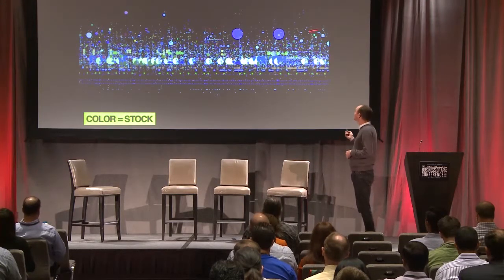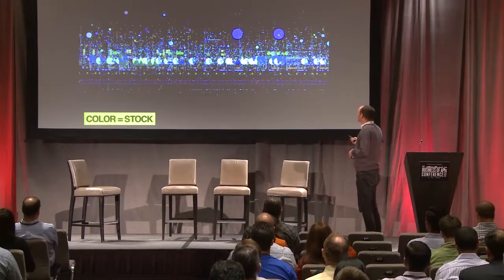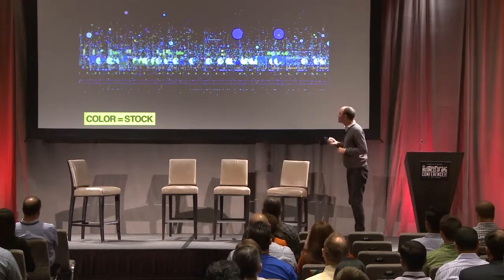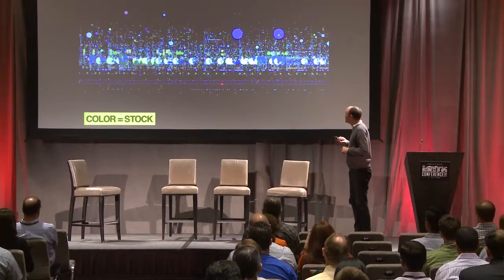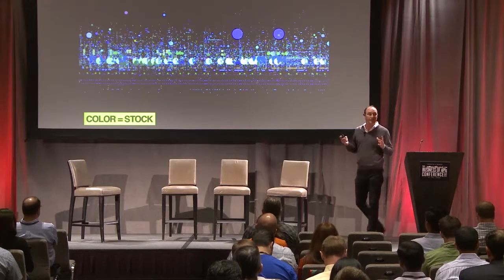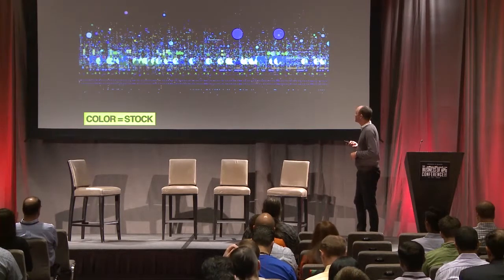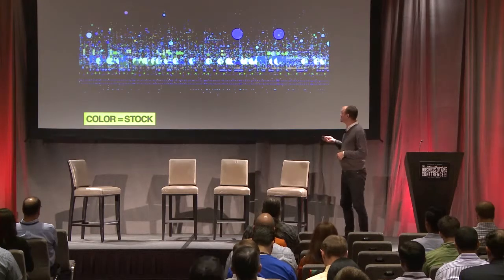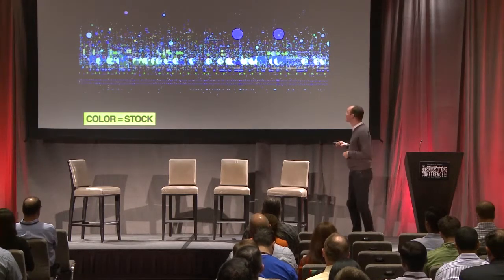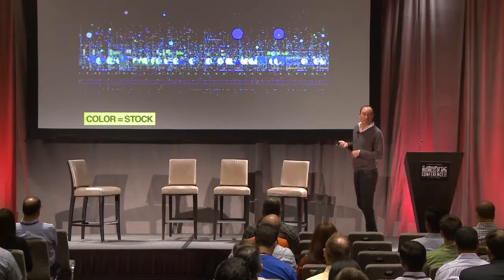Time goes this way. So this is one part of the minute, and that's part of another minute. It's about a minute long. Each one of the circles is a stock trade. So that's a stock trade, that's a stock trade. These are little stock trades down here. The size of the circle is the size of the trade, right? So there's more stock being traded here than there is here, and there's a middle range here. The color in this instance is the stock that's being traded, and the vertical axis is price.